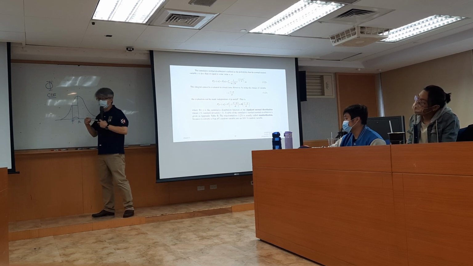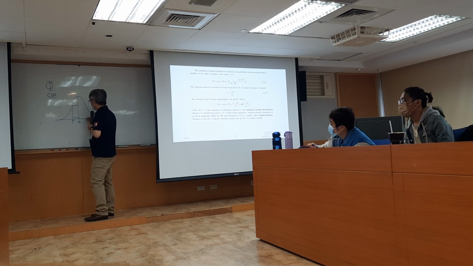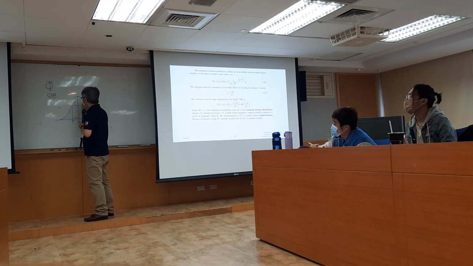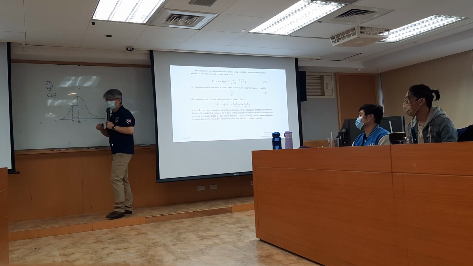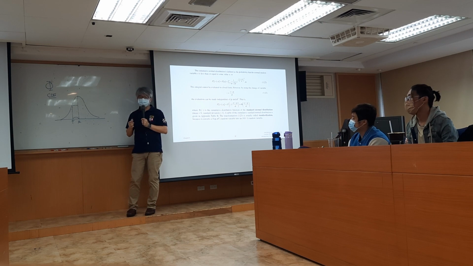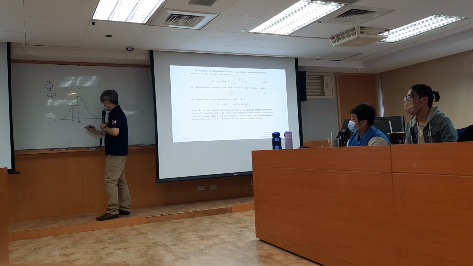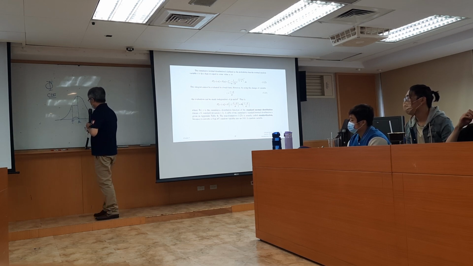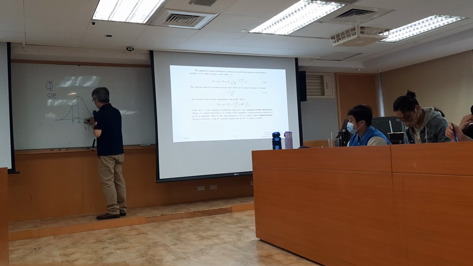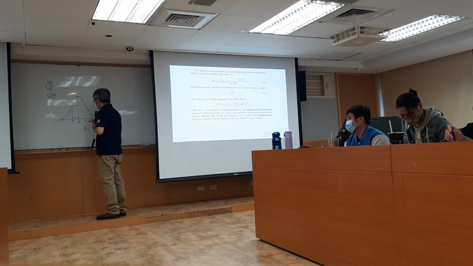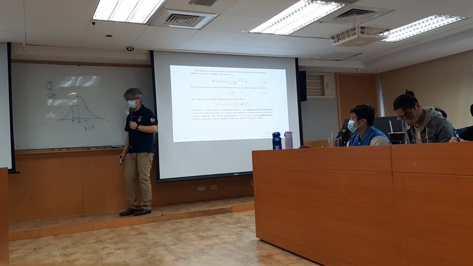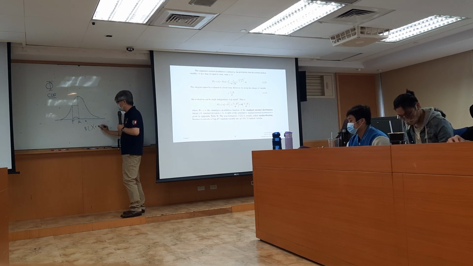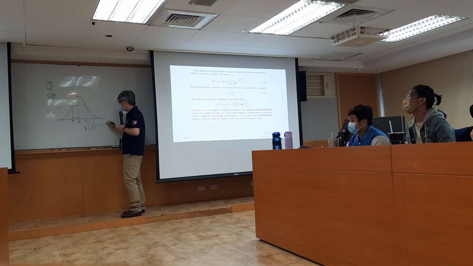Then we would like to calculate, if there is an x, the probability from negative infinity up to the position of x. The probability of x. The lowercase x, the random variable less than or equal to the lowercase x, is defined as a